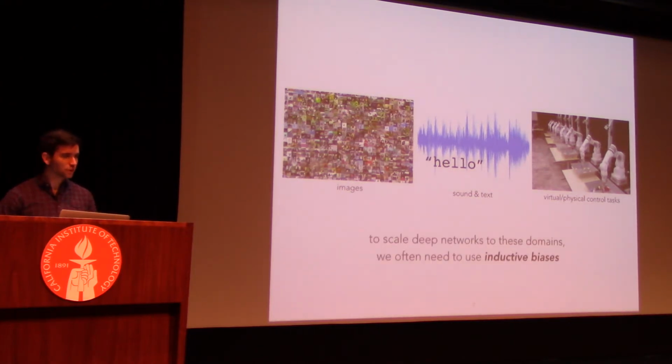In order to actually scale deep learning to these domains, you can't just take the naive approach of standard neural networks. You have to incorporate additional inductive biases into these networks in order to get them to scale to very high-dimensional data on large data sets. So today we're going to take a quick detour and go very, very broad